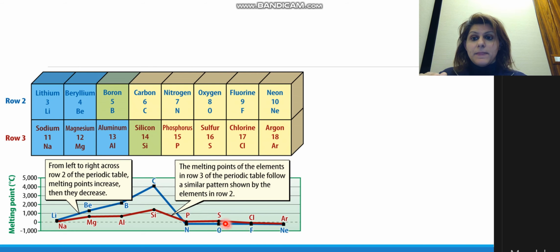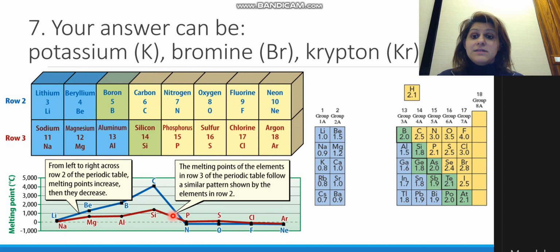Now in row 3, it's just the same thing. It starts low, and the melting points increase and then they decrease. So if we're talking about calcium, calcium is in here. Same thing. It's going to start increasing, reaching the fourth element, and then it starts to decrease. So any element afterward, I chose potassium, which is before calcium. I chose bromine, and I chose krypton, which is usually here. Any element that comes afterward will definitely have a